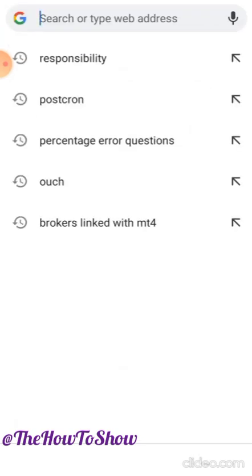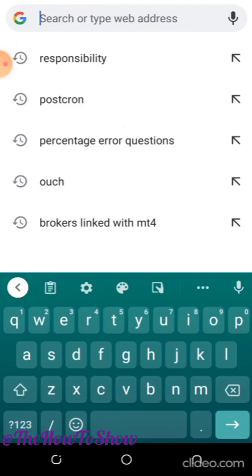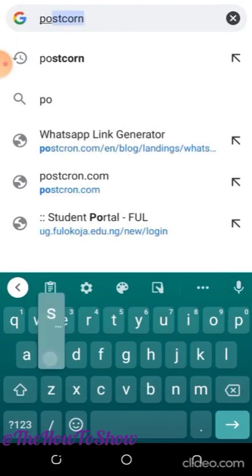One interesting thing about this is that you do not need to create an account, you don't need to sign up, you don't need to register, and it's totally free. So just go to your Chrome browser. Chrome browser will give you a better user experience. You can use other browsers, but preferably Chrome browser, and then search on Postcron,